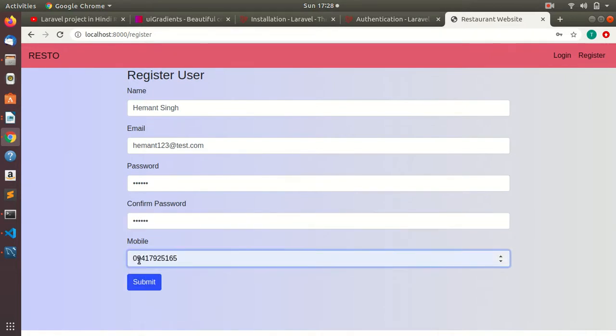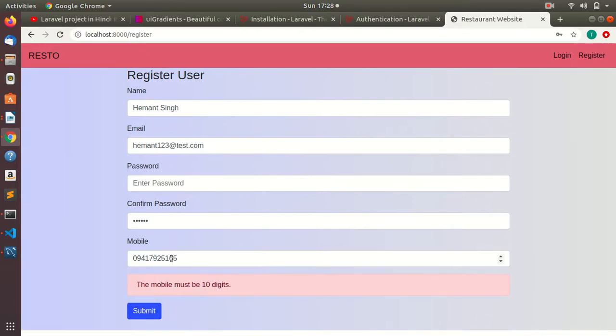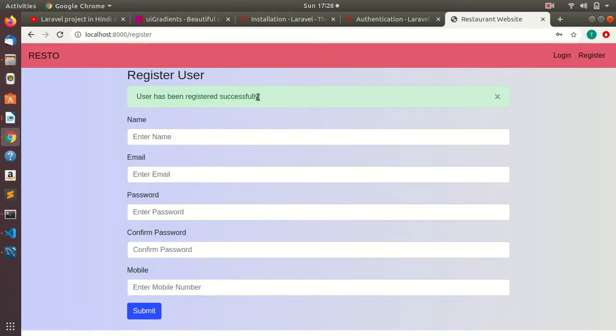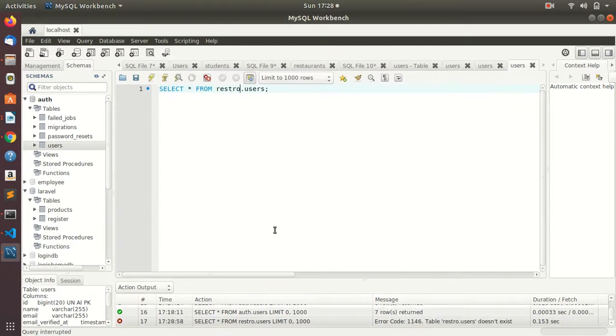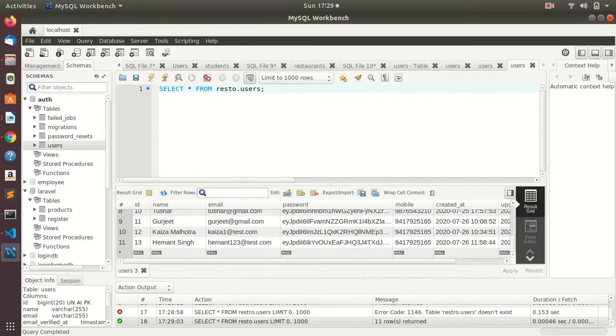Now I am entering 11 digits for the mobile, so it will give me an error: the mobile must be 10 digits. Now you can see that user has been registered successfully. If I check this, you will see that Hemant Singh has been registered successfully.